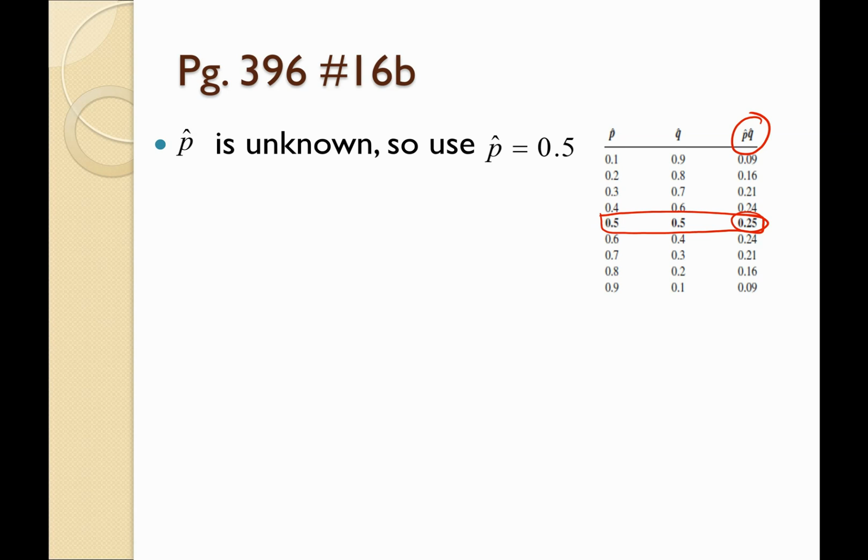So if there's no sample proportion available to you, if you cannot find a p hat, if p hat is not given to you, you make p hat a half, which also in turn makes q hat a half. The idea is we need a minimum sample size. We have to make sure that the sample is big enough to get the margin of error that you want. So to make sure it's big enough, we want that product that's in our formula to be at its biggest also. So if we go into the formula,